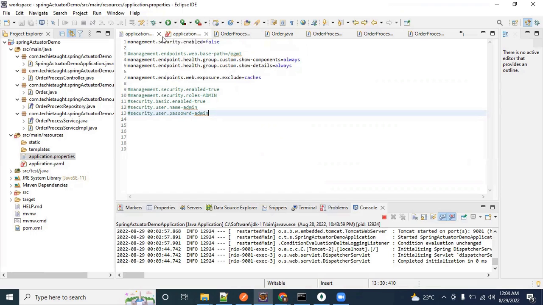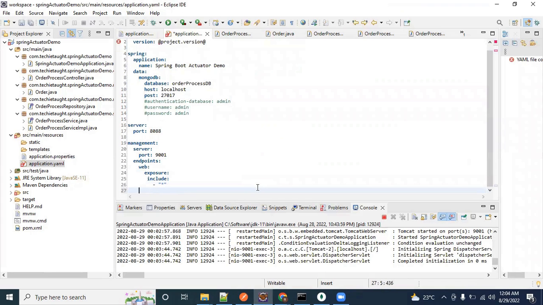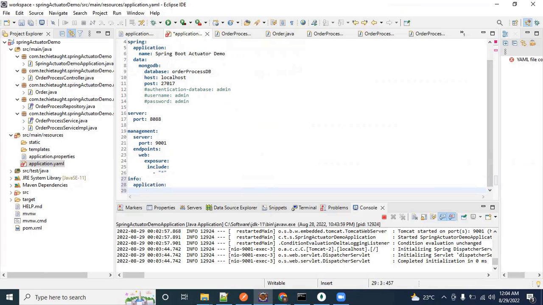You can also use your properties file, but we'll use the application.yml file, and here we can choose our info. For this info, you have to add the info tag, and then say application. You can give anything here instead of application. Then I'll say name: application name, SpringBoot